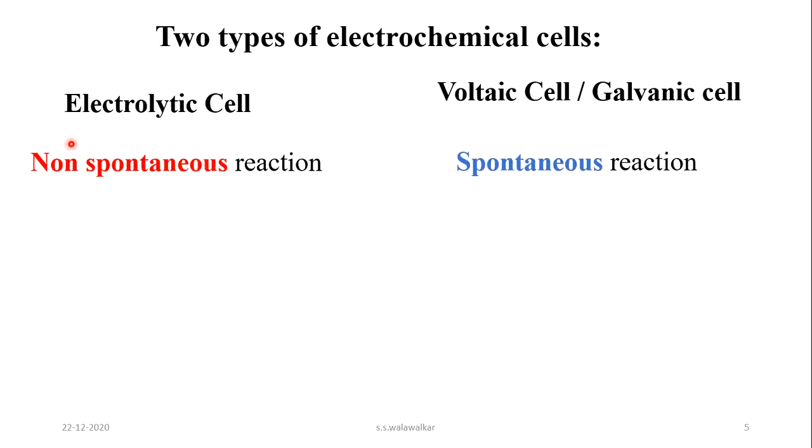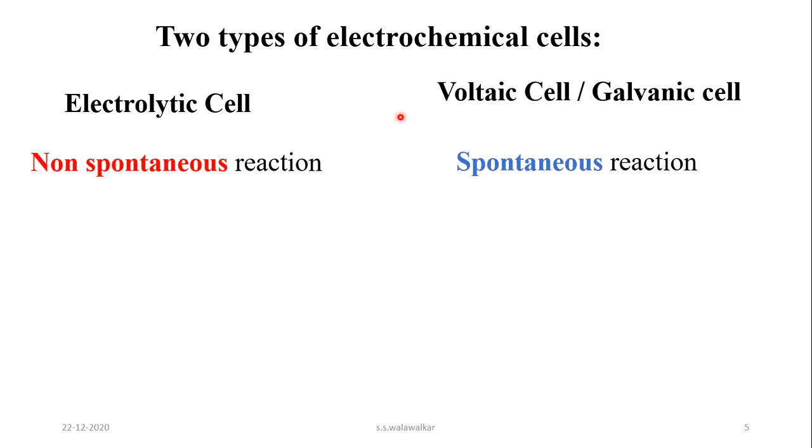That means the decomposition of sodium chloride is not a spontaneous process. To carry out that decomposition, electricity is consumed. It is used. So you have to carry out the electrolysis of molten sodium chloride so that you will get